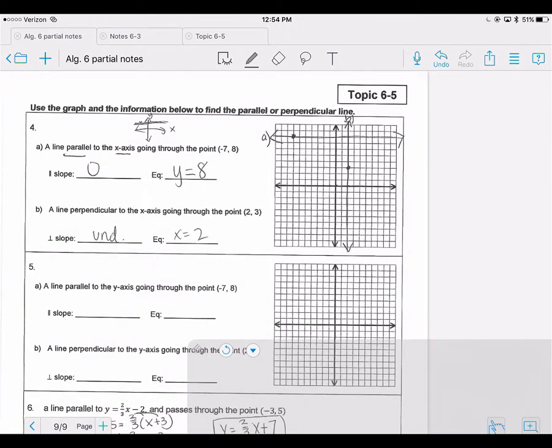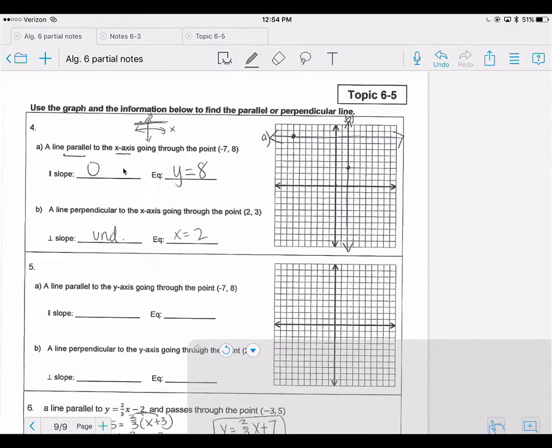So problem 4 asks us for a line that is parallel to the x-axis that goes through the point negative 7, 8. So what I did is I went to the point negative 7, 8 up here, and I drew a line parallel to the x-axis. So parallel to the x-axis will go through the y-axis. This line I've labeled A has a slope of 0 and is the equation y equals 8